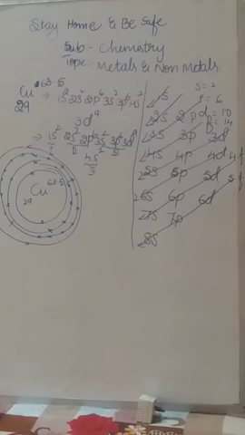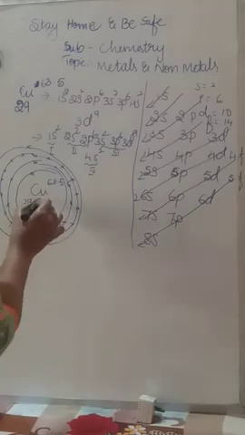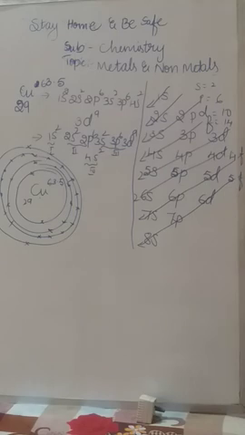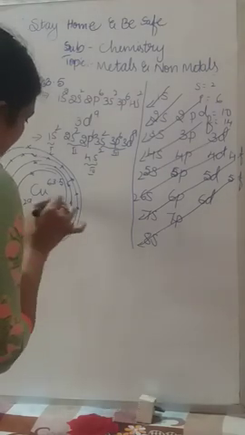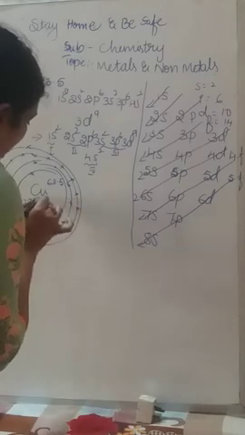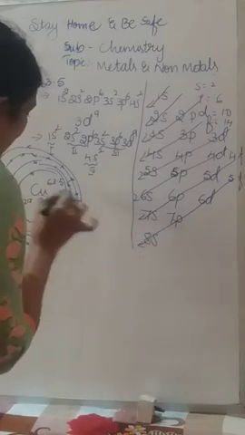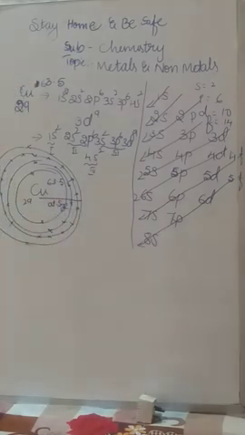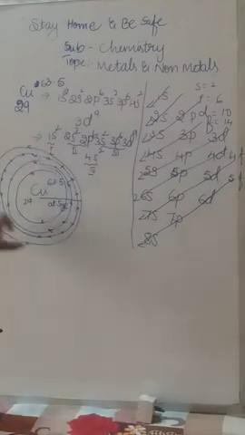Keep in mind, this is called the atomic structure, and this size is also known as the atomic size. What is meant by atomic size? Actually, it is the radius of the atom, or the distance between the center and the last orbit. This is called the atomic size of the element. Atomic size means the distance between the center and the last orbit, or the radius of an element.